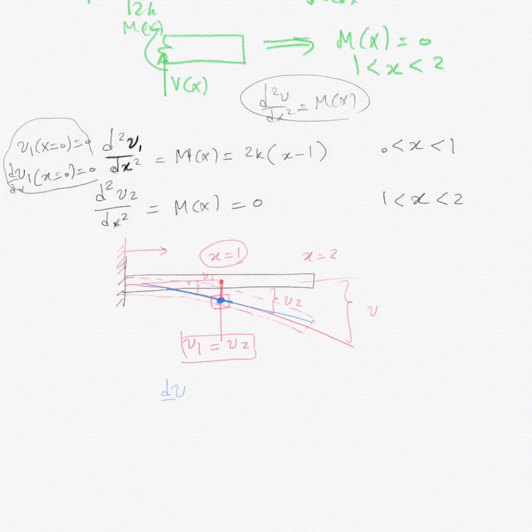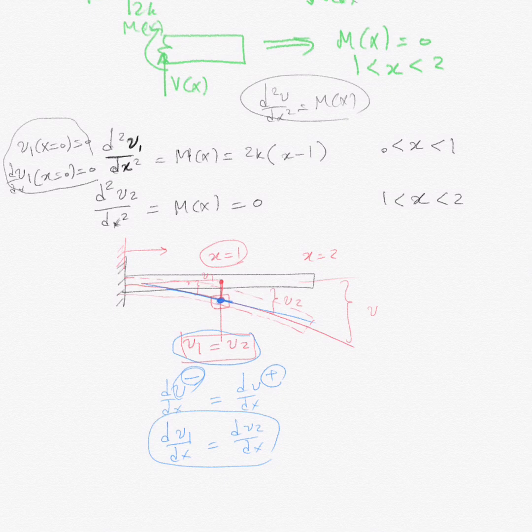Mathematically, dv/dx, which is the slope from the left, mathematicians put the minus for that, is equal to dv/dx on the right. So what is my v minus? It is simply dv1/dx, and the plus is dv2/dx. So I have two additional conditions. The first additional condition says that v1,